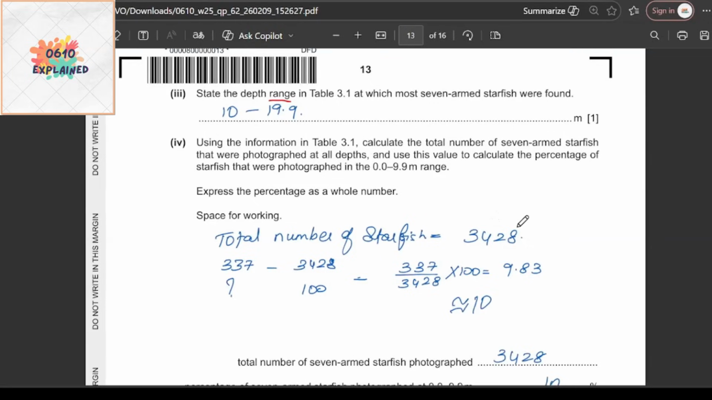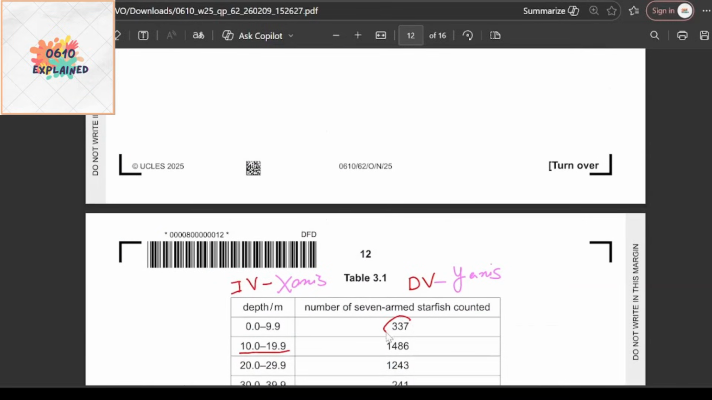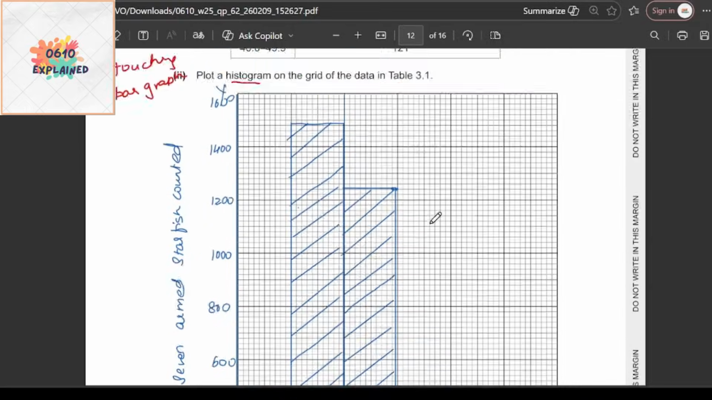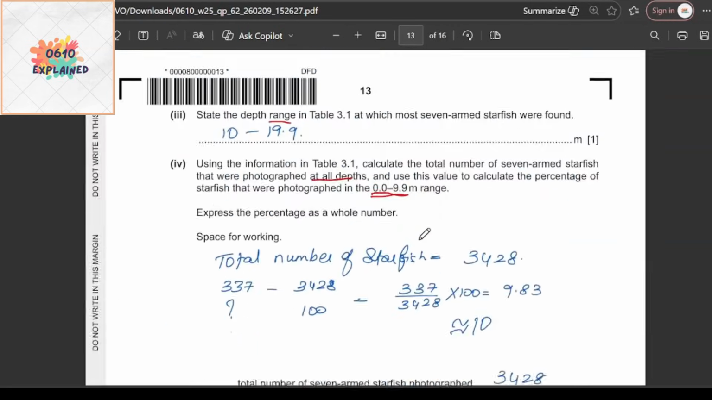Using the information, calculate the total number of seven-armed starfish that were photographed at all depths. All depths means we are going to add all of them and use the value to calculate the percentage of starfish that was photographed between 0.0 and 9.9. For 0.0 to 9.9, our number was 337, and we have to first add 337 plus 1486 plus 1243 plus 241 plus 121, which will give you an answer